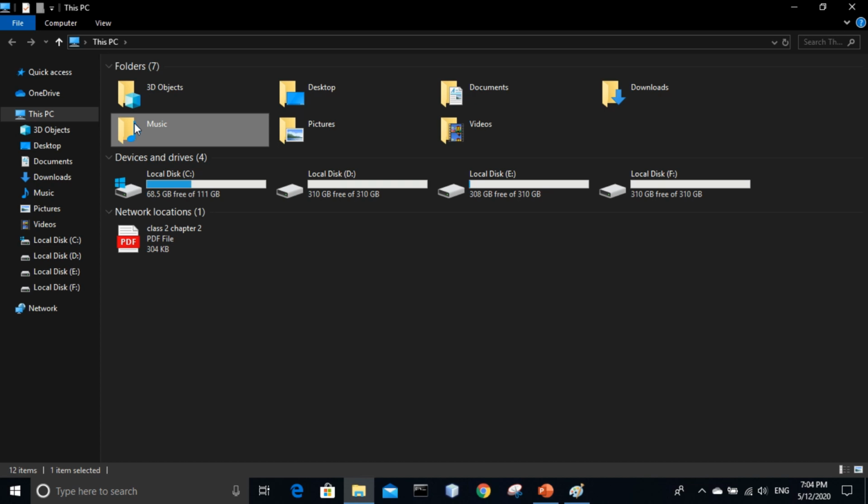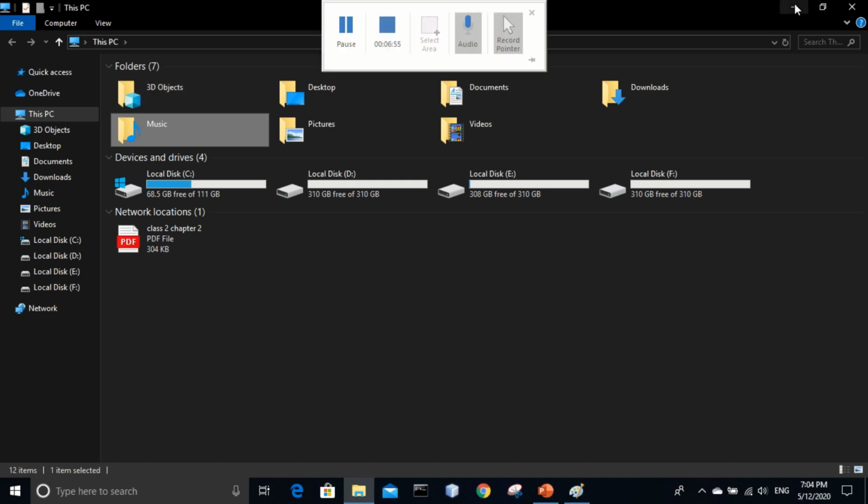Understood? So as a conclusion, as a short explanation, I can say This PC allows us to view and manage all the data that our computer has. Understood now? Okay, so let's go further.